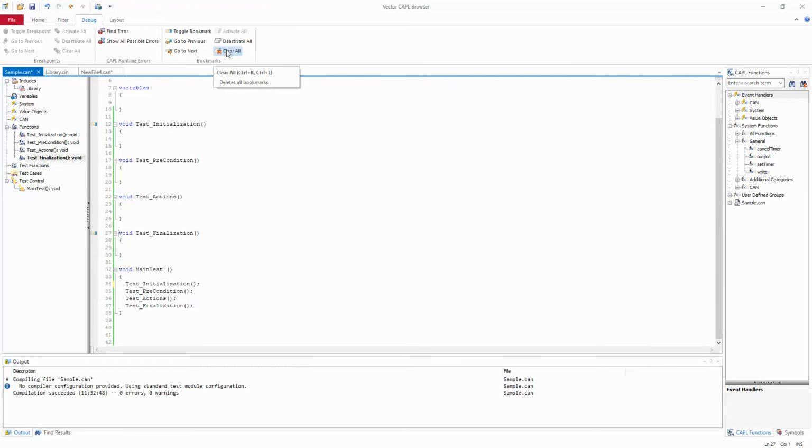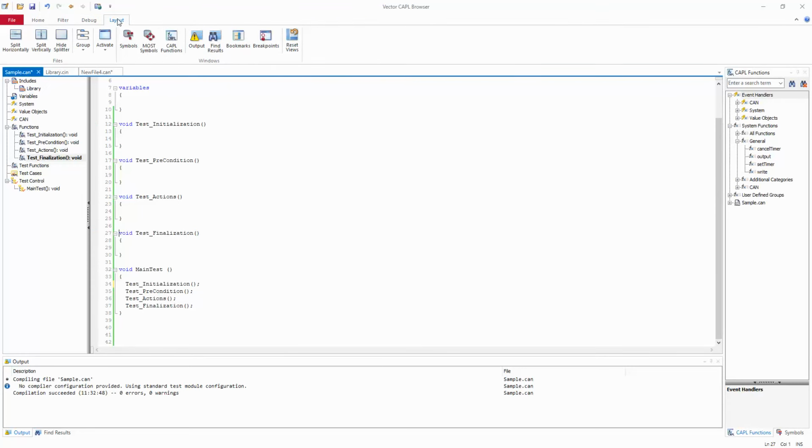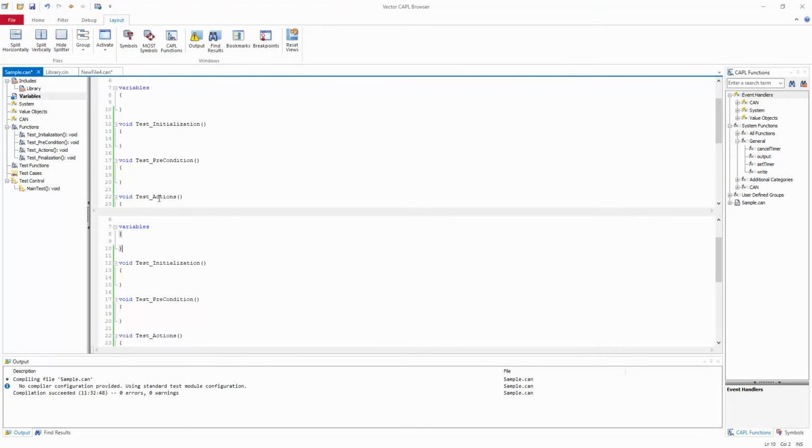I'm clearing all, and the final one is the layout. In layout, we have various sections like split horizontally, split vertically, and the splitter, which is to split between the windows. If I select split horizontally, we have two sections, the top part and the bottom part.